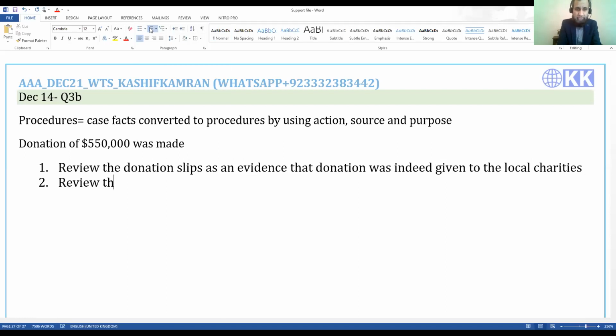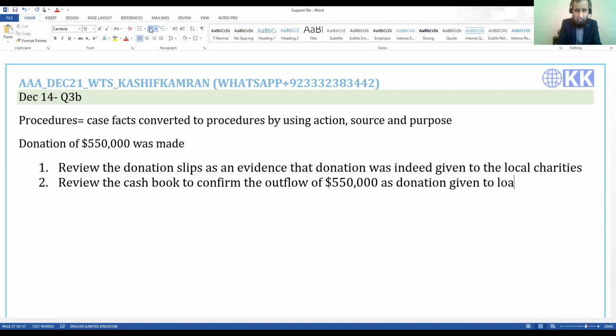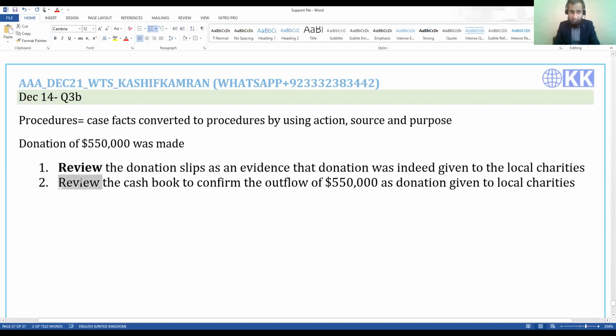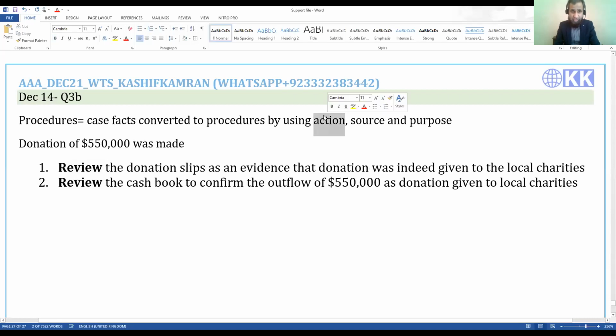I can review the cash book to confirm the outflow of $550,000 as donation given to local charities. See, look at my procedures. Are they starting with an action, review? So action has to be in yellow. Action is in yellow,